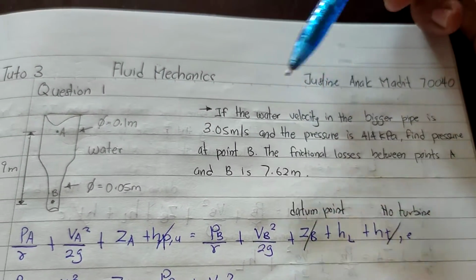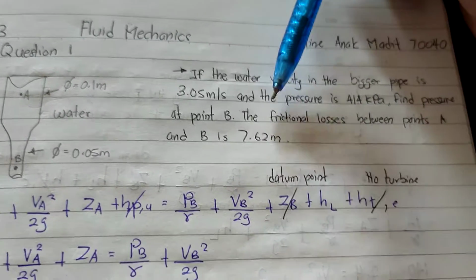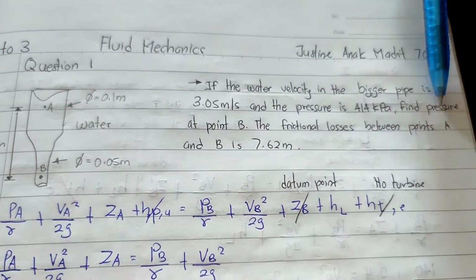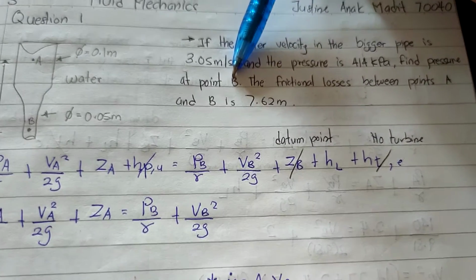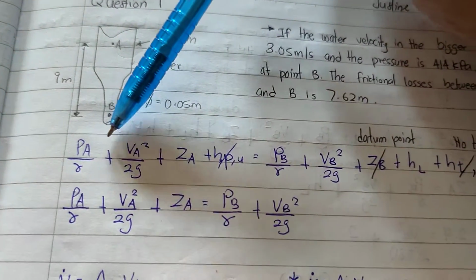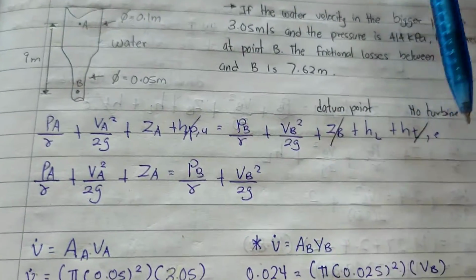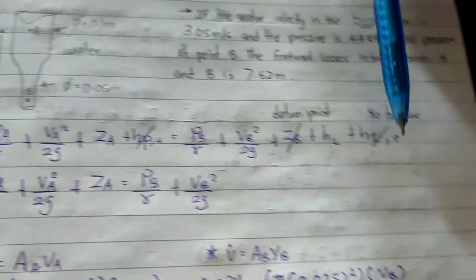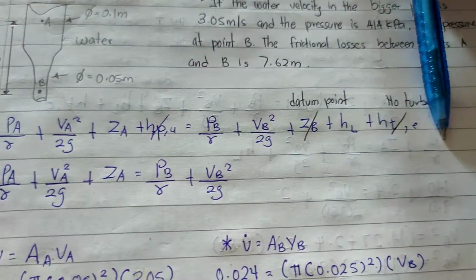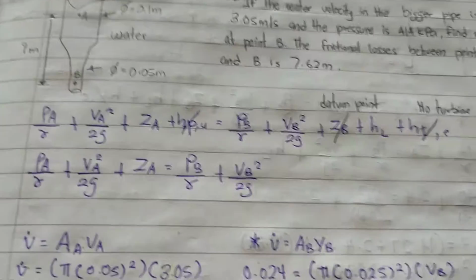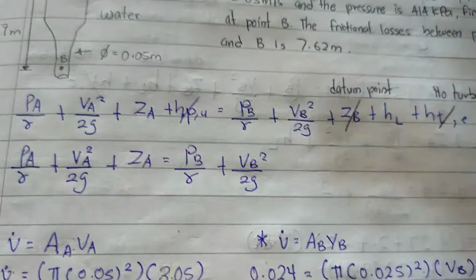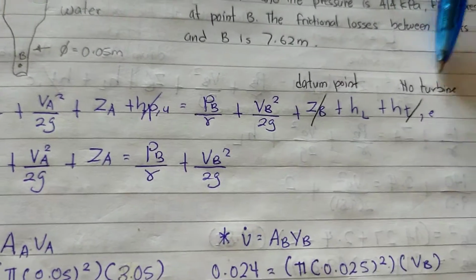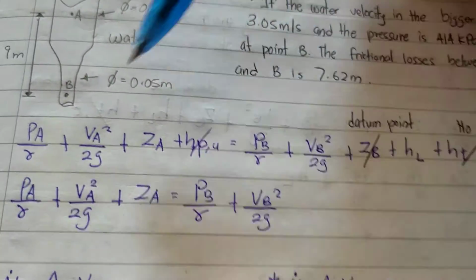Now, first of all, we will move on to question 1. Question 1 is to find the pressure at point B. First of all, we will write the equation. After writing the equation, we need to cancel out the unused equation terms. For question 1, the unused terms are HT because there is no turbine, ZB because it is the datum